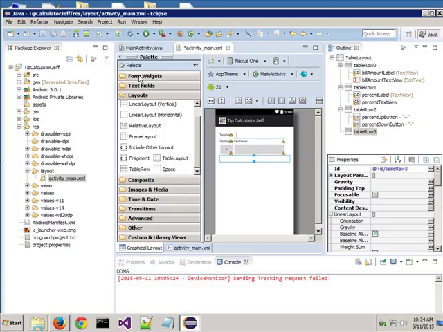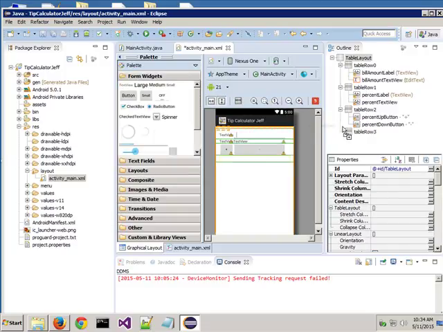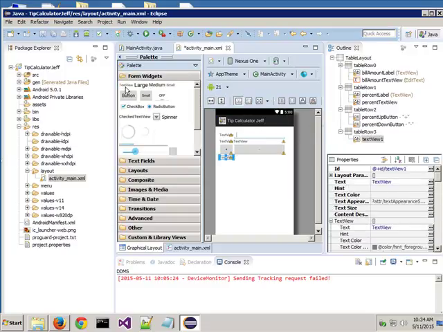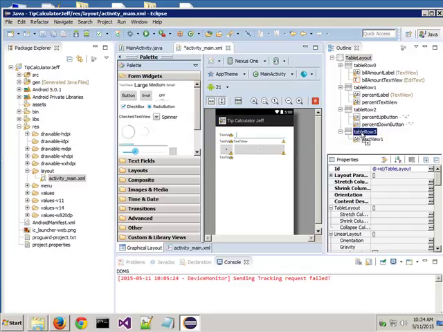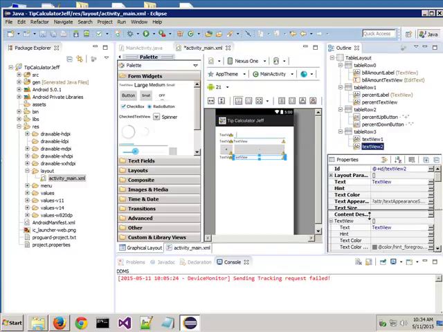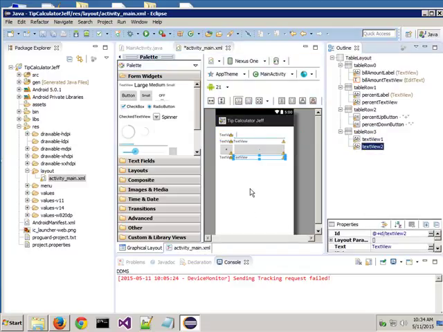All right, so again, I come right back up to form widgets, text view, drag the first one, let go, drag the second one, and let go. And again, as you can see, this is sort of coming to form. It doesn't look good right now. There's been absolutely no work that we've done on this aesthetically. All right. So the first one here,